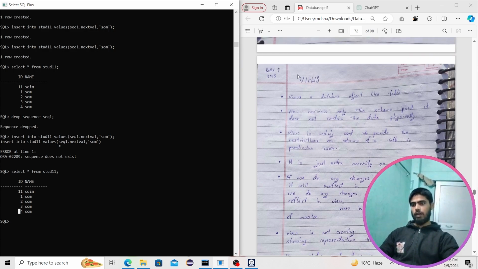Another topic that we have is views. Let's see what is view. View is a database object like table. So table is a database object, sequence is a database object. Likewise, view is also a database object. View contains only